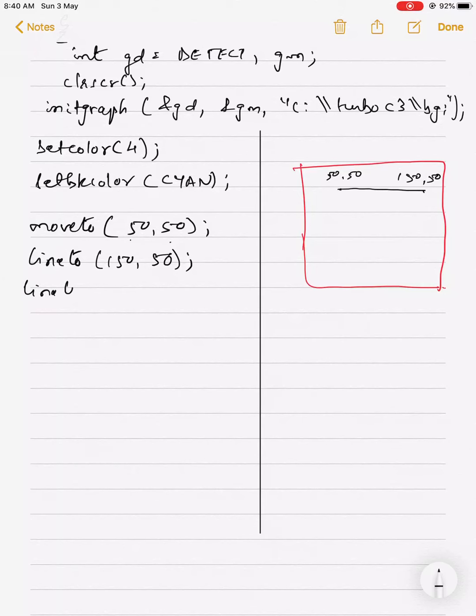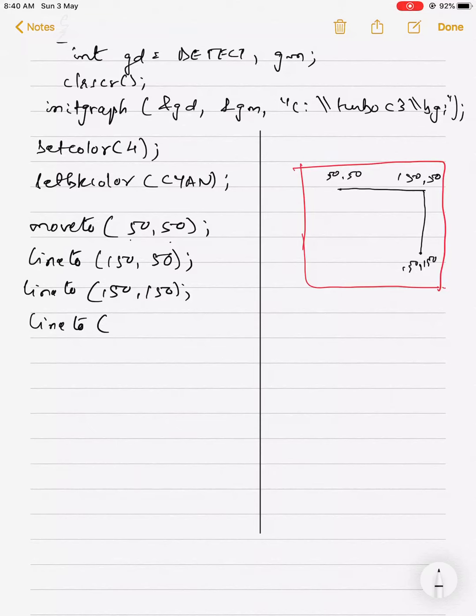Then I am writing line to, we have to add 100 and keep it common, so 150,150. So it will go like this. This is your 150,150. Again line to, because line to will start from the current position. I have written previously also, from the current position to the specified coordinates.